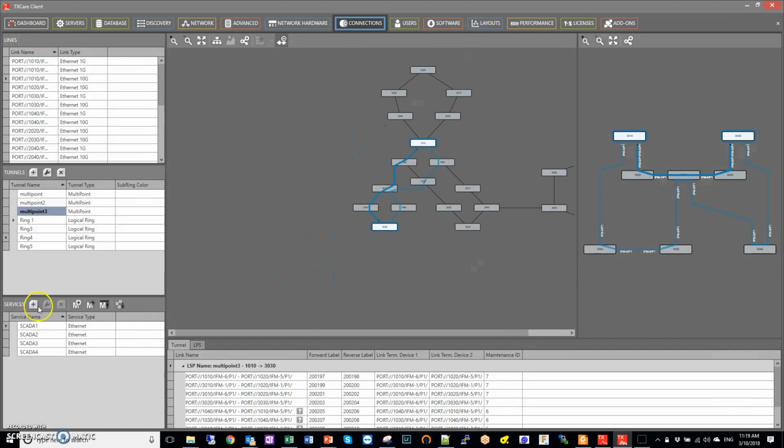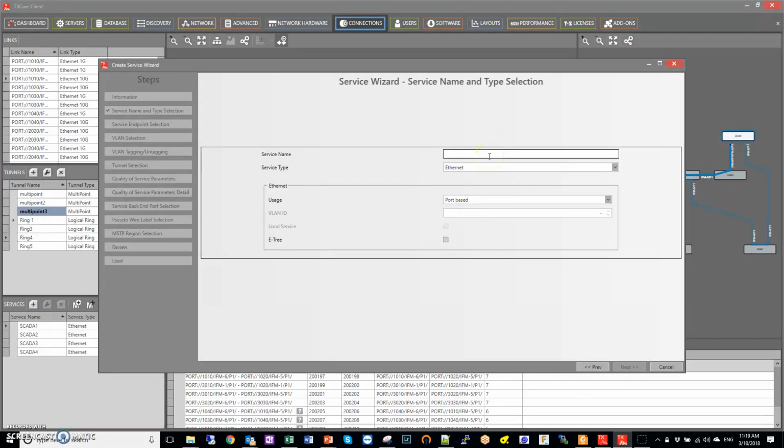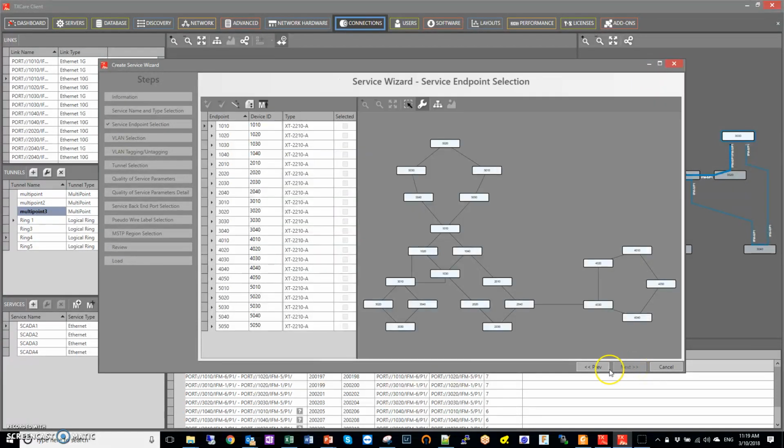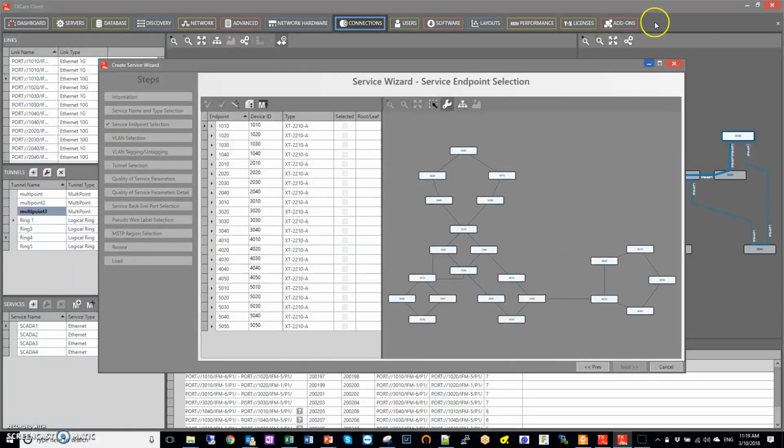And finally, I'm going to create a SCADA 5 service. And here's SCADA 5. SCADA 5, let's assume. Actually, probably should be an E3 because it would prevent the RTUs from. Let's make it an E3. There you go. Should have done that for the other ones. I haven't done that, but